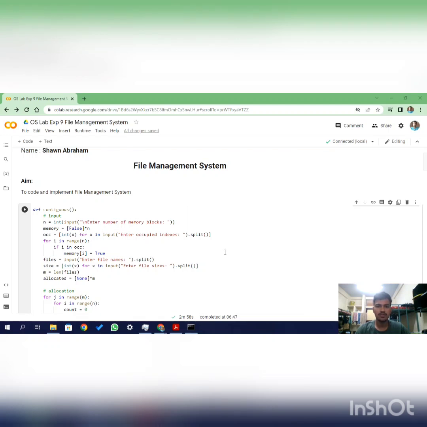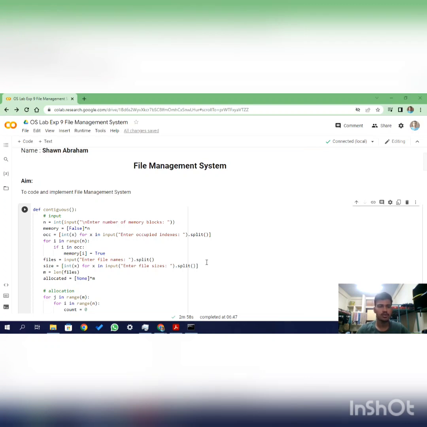That is, first, contiguous memory allocation, second one is linked list memory allocation, and the third one is finally indexed memory allocation. So in contiguous, basically the memory blocks are arranged one after the other in a continuous order. That is how the memory is allocated at first, and then the blocks are allocated accordingly in the same continuous